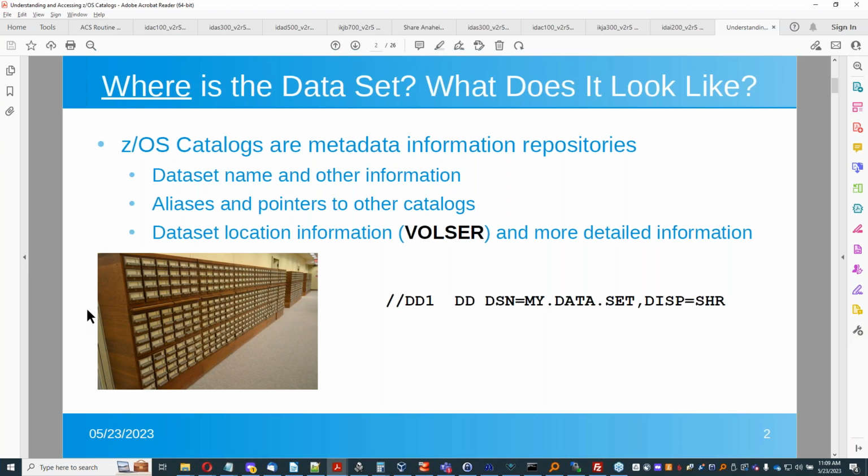pointers to other catalogs. So when we allocate a dataset, if we have a DD statement here, DD1, DD dataset name equals my dataset, and disposition share, and I submit a batch job for that, before the system can actually make that dataset available to me, it has to find out where it is. And given a dataset name, typically we want to know what disk volume the dataset resides on. And so